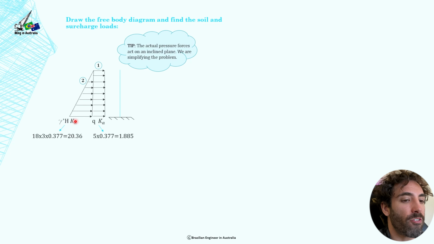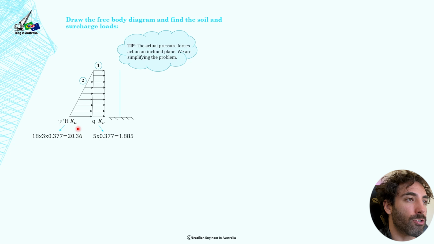So that's the unit weight of the soil times the depth of the soil, or the wall height, times the earth pressure coefficient. Now, I don't know if you remember your hydraulic classes and you had to calculate the water pressure or hydrostatic pressure. You would do the unit weight of the water times the depth of the water. So it's pretty much what we're doing here. It's the unit weight of the soil times the depth of the soil, but here you also include